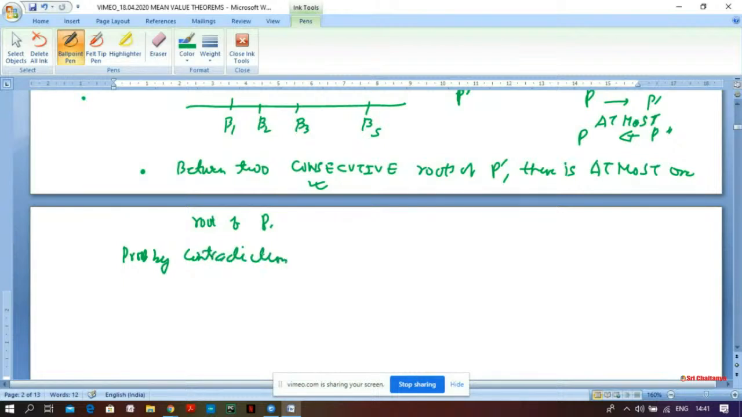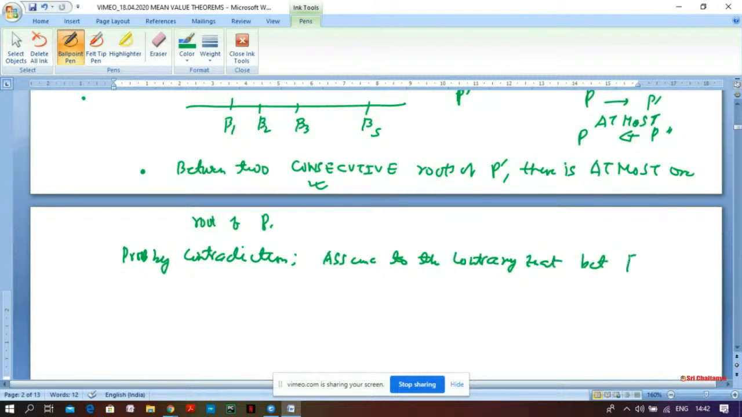Proof by contradiction. The way you prove that root 2 is not rational, you start by saying, okay, let root 2 be rational, and see what contradiction it leads to. Similarly, here we want to prove that between two consecutive roots of p prime, there is at most one root of p. You negate it. You say no. So you assume to the contrary that